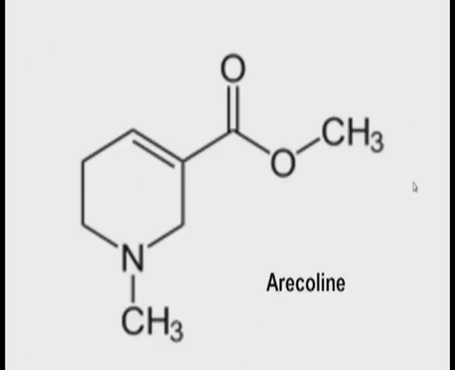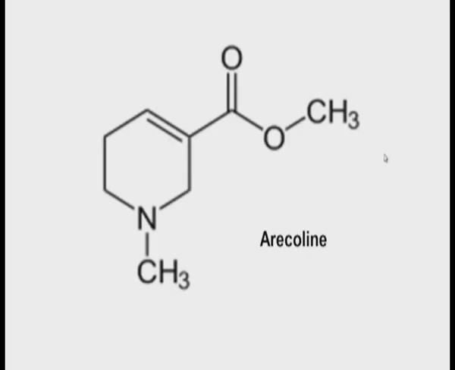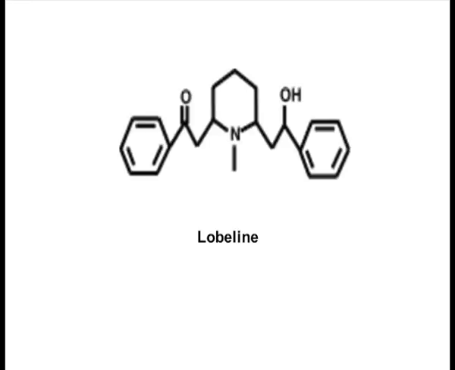Sometimes one thing should come to your mind: in most of the examples we are taking, the pyridine has a substituent at the 3 position. Why not at the 2 or 4 position? The answer is very simple. Biologically, the biosynthetic pathway by which these compounds are produced follows the pyridine 3-carboxylic acid path. That means nature is producing exactly in that fashion. That is why mostly 3-substituted pyridines are the natural products. But people can synthesize other positions, as in this case.